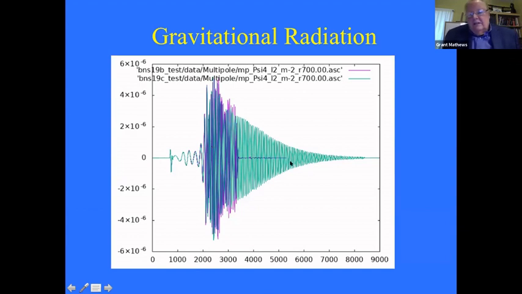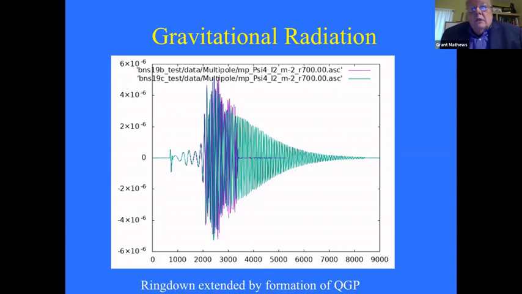So I just want to say, possibly in the future, as we observe more neutron star mergers, we may actually get this very interesting insight into a very important nuclear physics issue, which is what is the property of the quark gluon plasma.